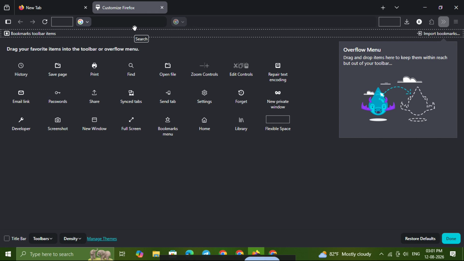As you drag it into place, you should see it snap into the toolbar area. Make sure you position it where you want it before finishing. If you change your mind, you can always drag it again and adjust the layout until it feels right. This is one of the best things about Firefox customization because you can arrange the browser in a way that